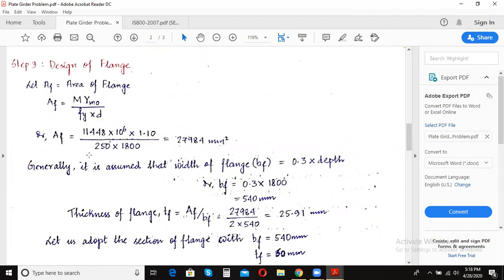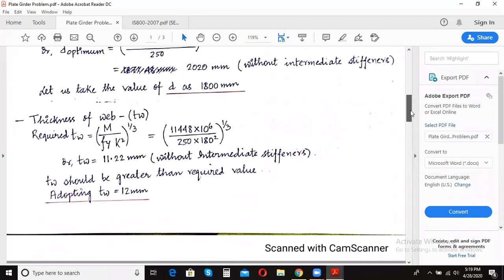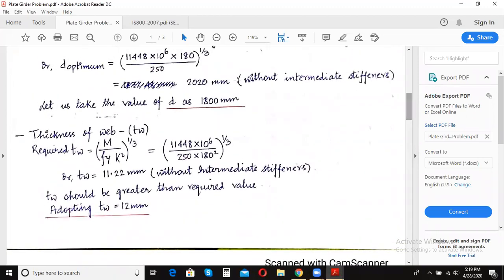Fy is 250 because we are using Fe 410 steel. And how much is D? D is the depth of the web, which we calculated in the previous video as 1800 millimeters. Your tw value was 12 mm.